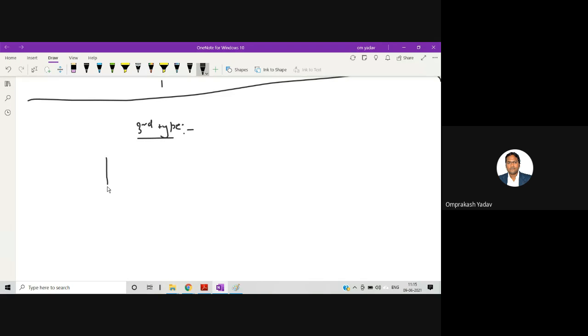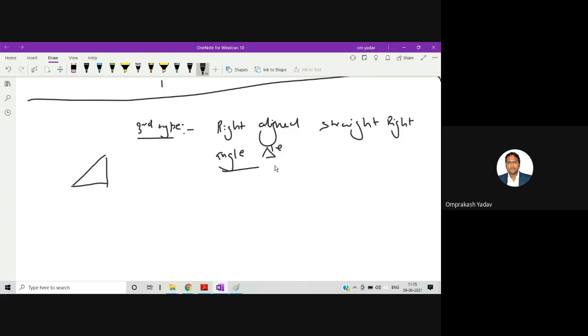Third type, I'm talking about this one. It's a straight triangle, right? Straight triangle, right angle triangle, but it's not left aligned, it's right aligned. So it's a right aligned, straight right angle triangle. Okay.